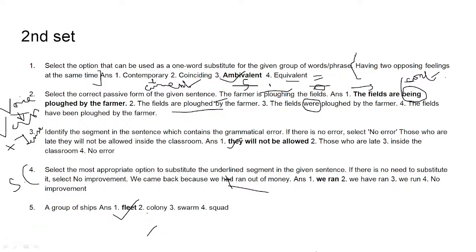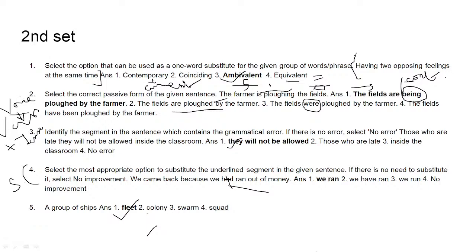In my video on parts of speech I've already given ample examples and explanation. If you haven't watched it, please do check it out. फ्लीट मतलब क्या है? A group of ships are called fleet, मतलब बहुत सारे शिप एक साथ उनको फ्लीट बोलते हैं. And this has to be remembered. Basically they are very easy if you read quite a few times, almost tables बना के, so you will come to memorize them. Actually you will come to remember them.